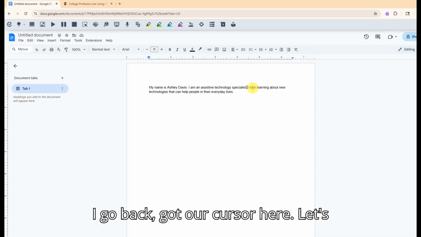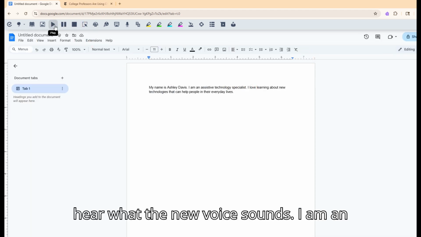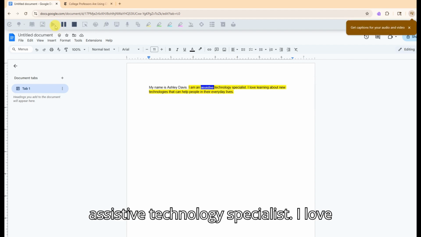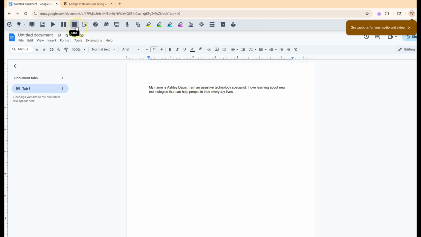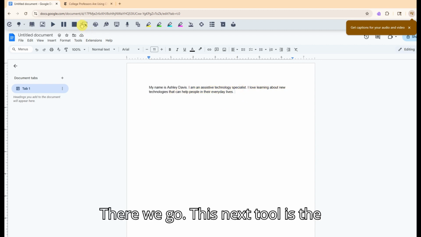I'm going to go back. We've got our cursor here. Let's hear what the new voice sounds like. I am an assistive technology specialist. I love learning about new technologies. Okay, there we go. This next tool is the